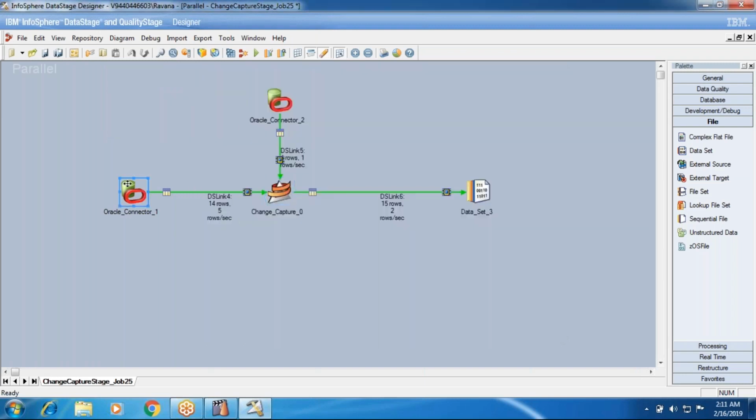One record which is already present in the before link, if it is also present in the after link, then that is a copy record. I mean to say there are 3 employees in the 10th department, 5 employees in the 20th department, and 6 employees in the 30th department. But in the DEPT data I have only 1 record each for the 10th, 20th, and 30th departments, and 1 record for the 40th department.